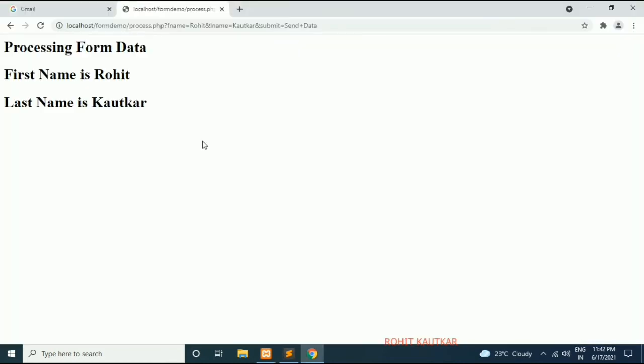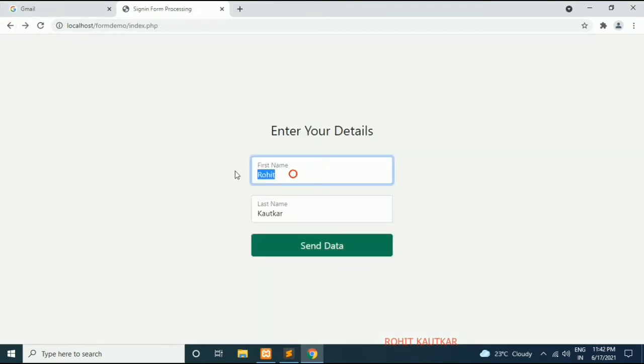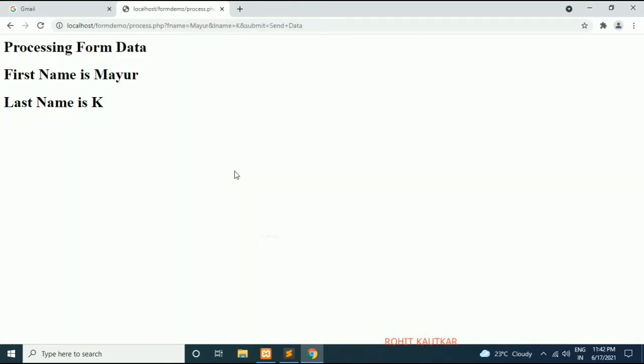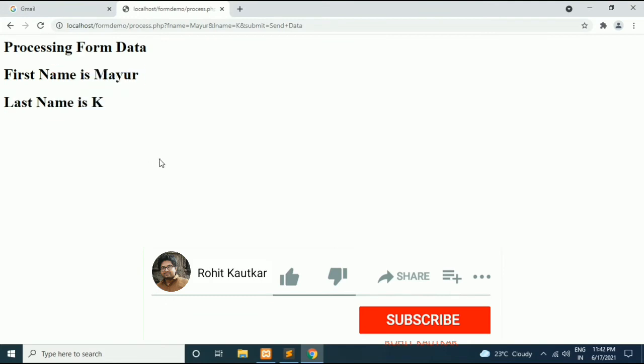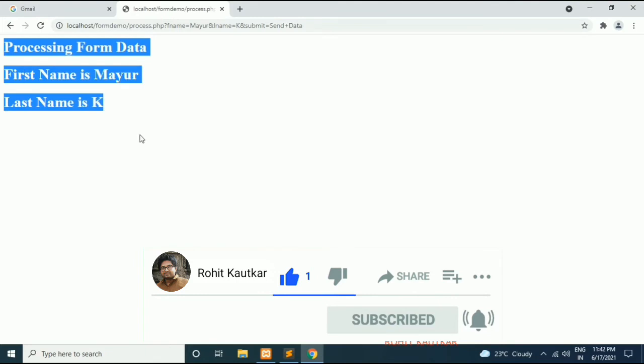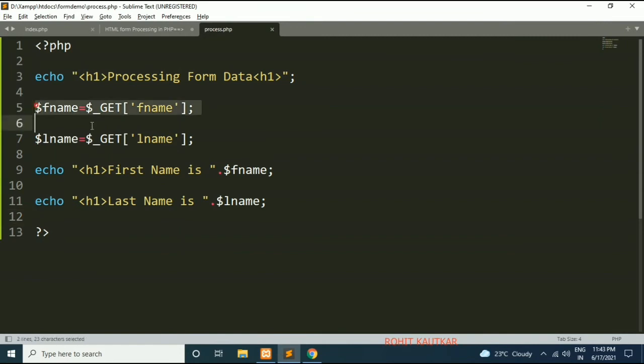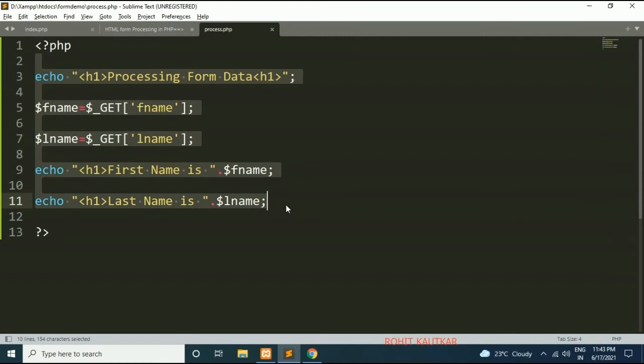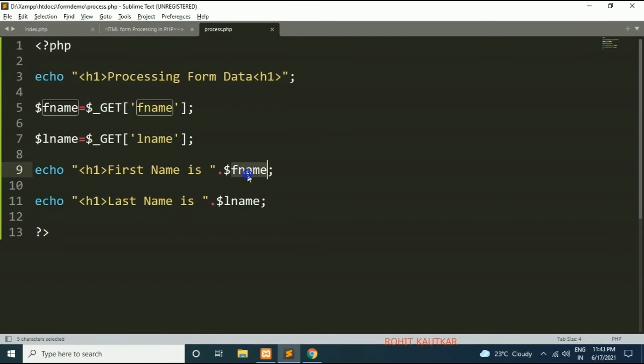Now friends, if you go and refresh, you can see we are getting our data. Now if we submit our form with another value, you can see here we are getting this data. So whatever data you submit, you can display it in this way. You can also insert this data into the database. Simply connect this PHP script to your database server and fire an insert query, and your collected data will get inserted.